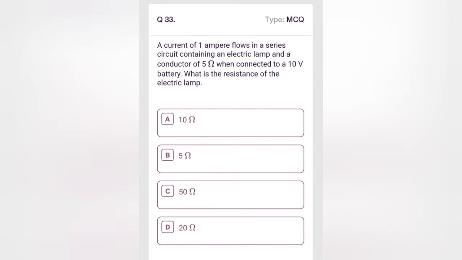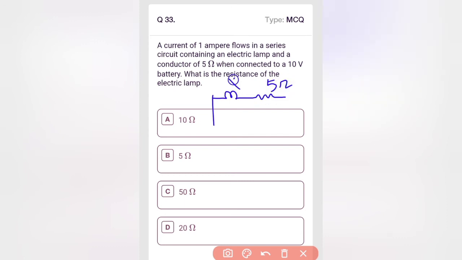A current of 1 amp flows in a series circuit containing an electric lamp and a conductor of 5 ohm when connected to a 10 volt battery. Find the resistance of the electric lamp. So here we have an electric lamp and the conductor 5 ohm. This resistance we don't know. It is connected to a 10 volt battery, and the current flowing here is 1 amp in a series circuit, and we need to find what is the